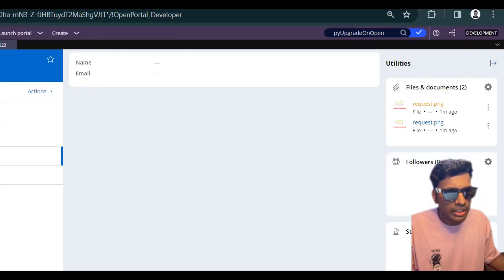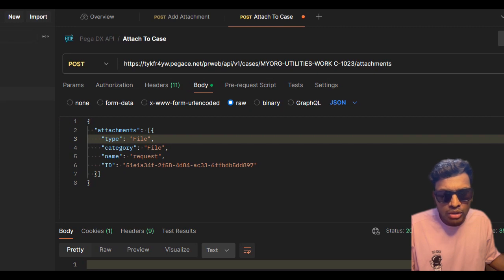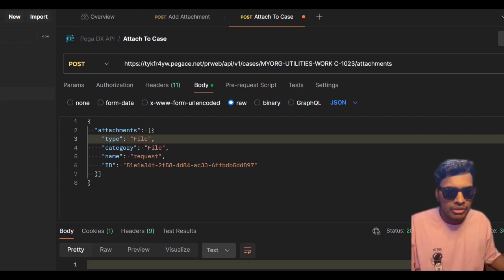The same attachment got attached twice, right? So the thing is, we need to make sure that we use the same ID only once, right, not multiple times. So this is one way of adding the attachment to the case. Now